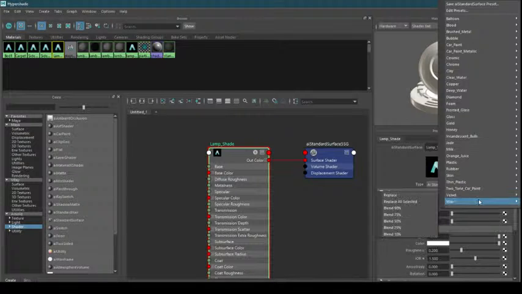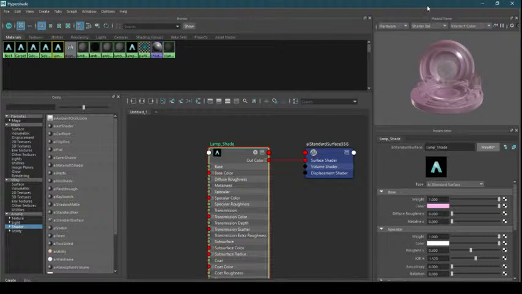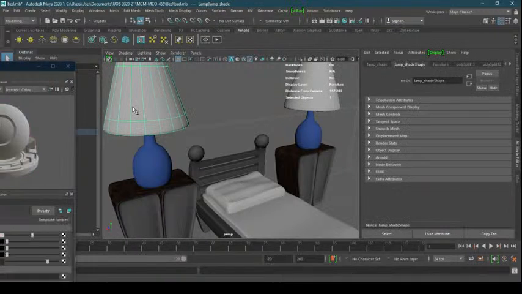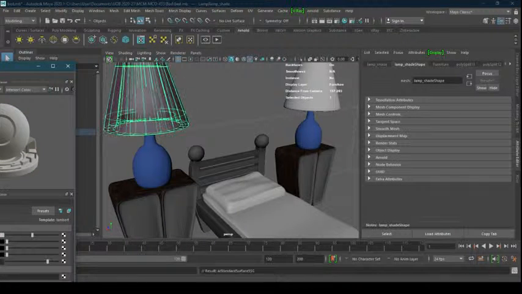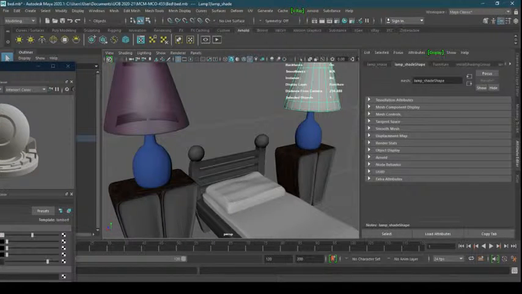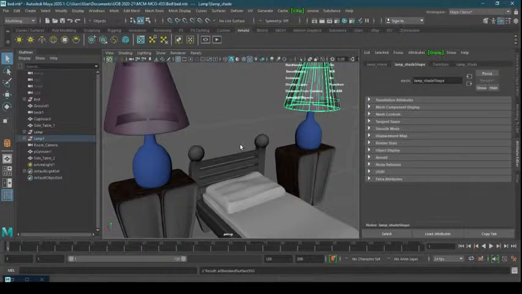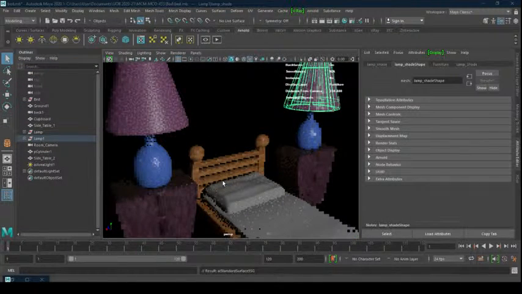A good one can be wax. I can select the wax and apply it to this, and later on we can change the settings. Okay, so if I play my render,